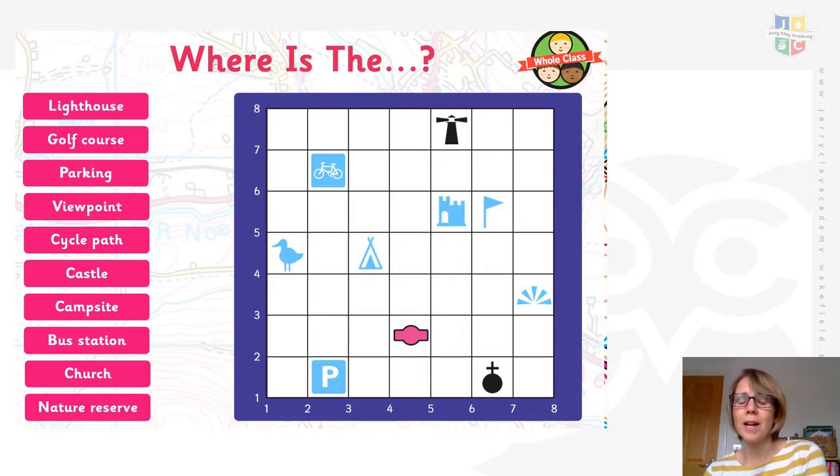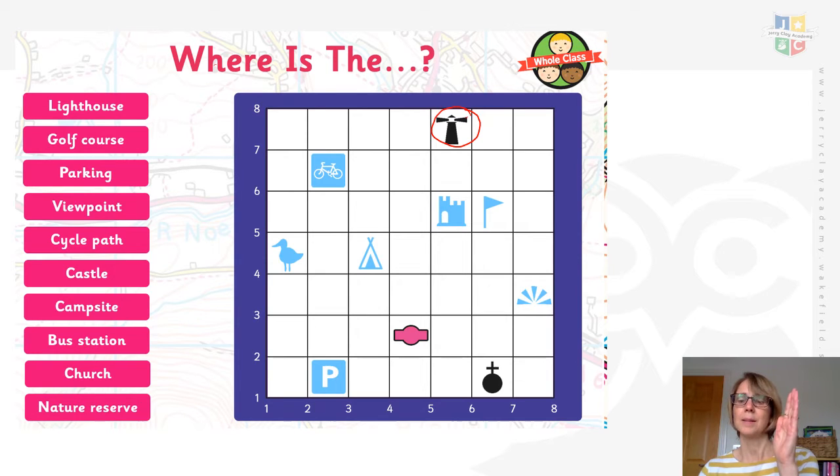So we've got all of our different places that we need to find, and we need to write down the coordinates of each place. So I'm going to start with the lighthouse, which I'll just draw a circle around now. We need to give the coordinates in a maths kind of style for the lighthouse. Now, if you remember, when we give coordinates, we look at the numbers along the horizontal x-axis first, along the bottom, and then we look at the numbers up the vertical